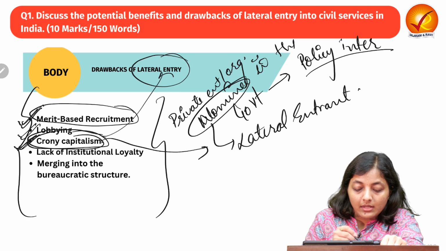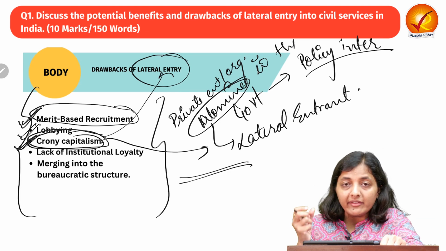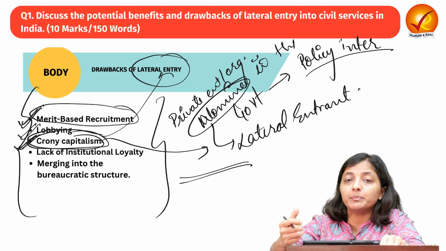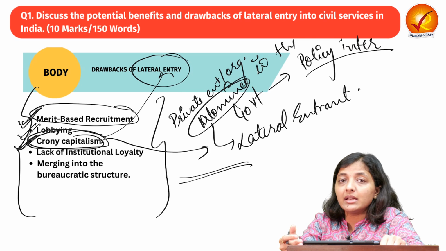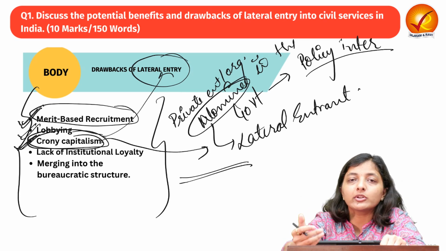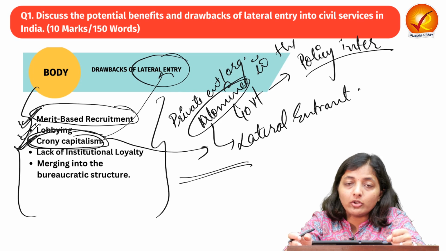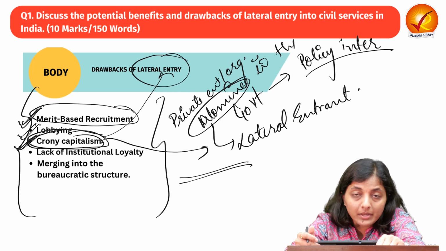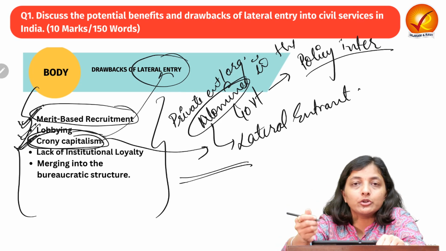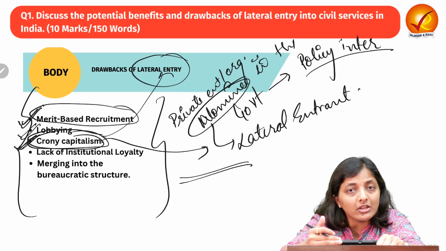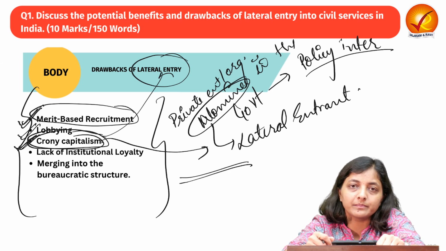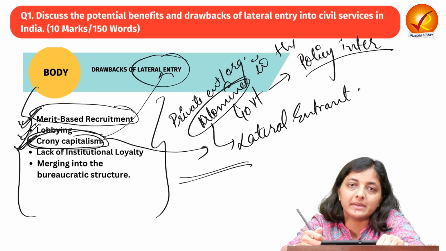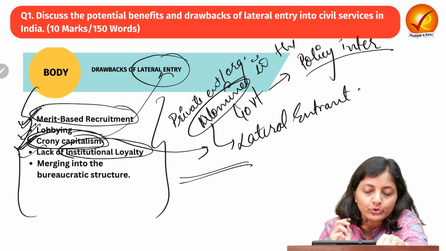Next, this can be a platform for private individuals who get into the civil services. They can exploit public resources or the most critical information which is not open to the public. It is for government officials only, the government institutions or agencies. But now private partners are getting into the civil services, so they also have access to that critical information. Maybe they can leak that information. This is also one aspect. Then next is lack of institutional loyalty.